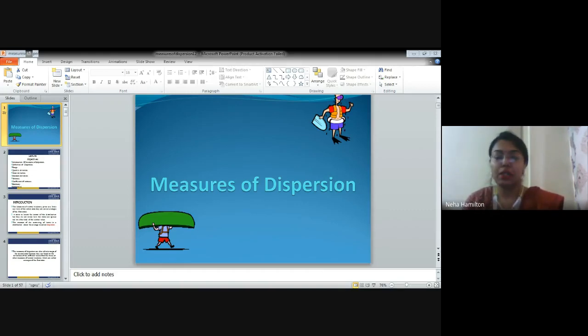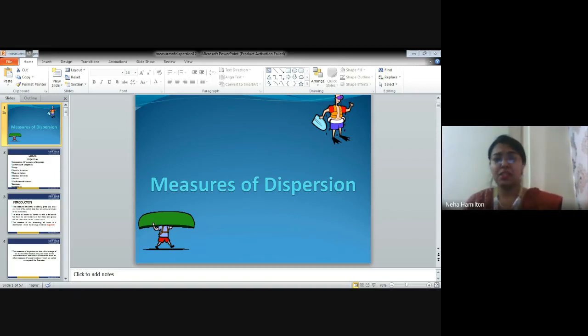So, today we are going to understand a very important part of research, which is called measures of dispersion. We have partially covered this topic in the previous classes, and today we are going to study in further detail the standard deviation where we left off in the last class. Measures of dispersion is very important whenever you are doing data analysis. As I've explained to you earlier, measure of dispersion is a part of descriptive statistics, right? Measures of dispersion is a part of descriptive statistics that we have to study.